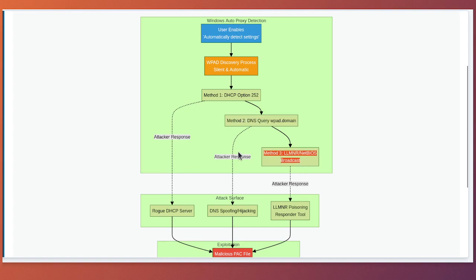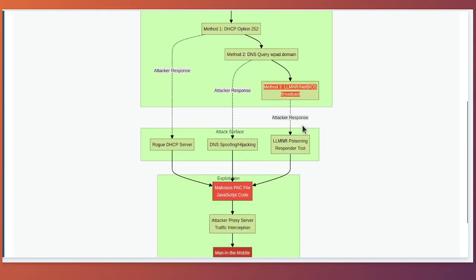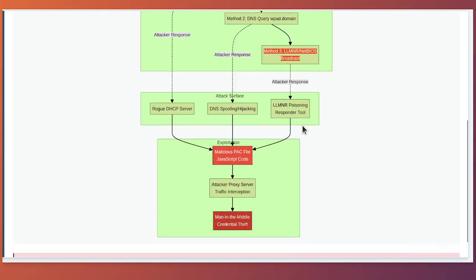When Windows searches for the WPAD configuration file, it does not just check one location and then stop. Instead, it implements a cascading sequence of discovery methods, each progressively less secure than the last. This cascade includes DHCP option 252, DNS queries for wpad.domain.com, and even NetBIOS name resolution in some configurations. The system will try each method in sequence until it successfully retrieves a configuration file, and this is where the